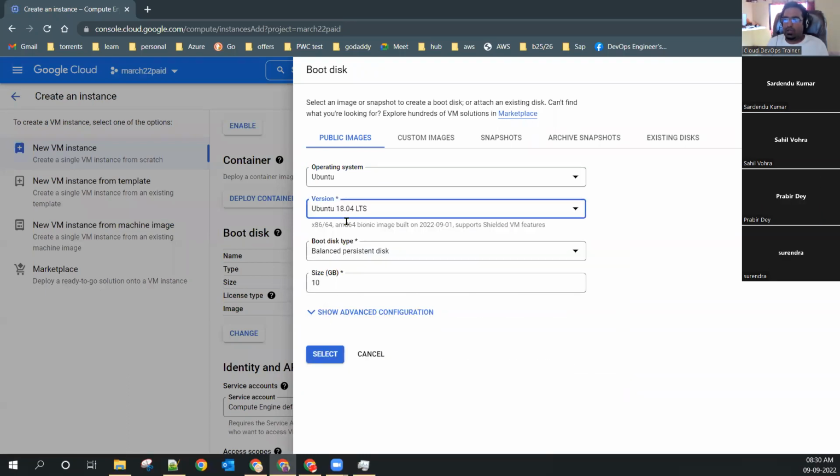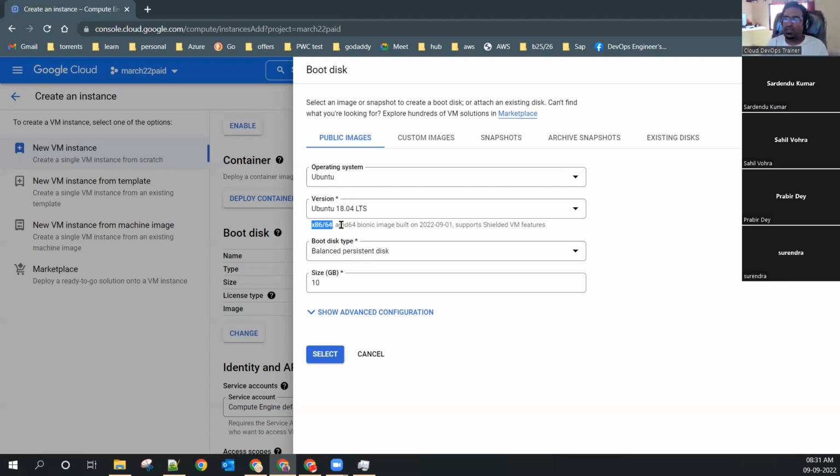Yes. Okay. I'm choosing x86 64. What do you mean by this? Can anyone give the answer? Architecture.